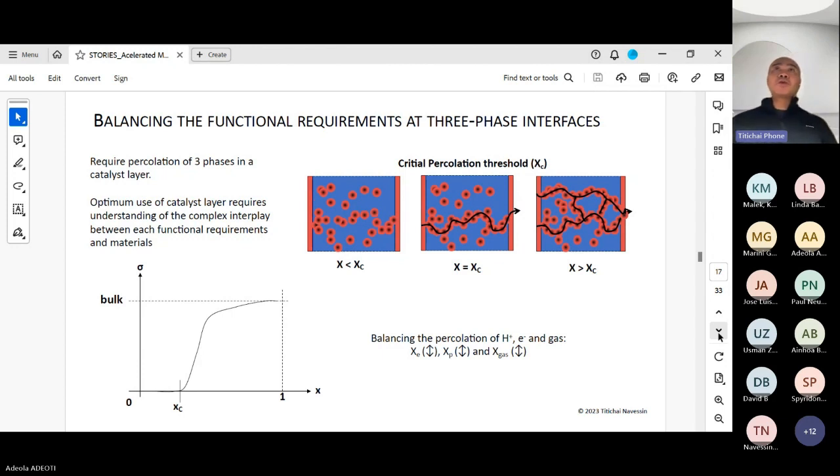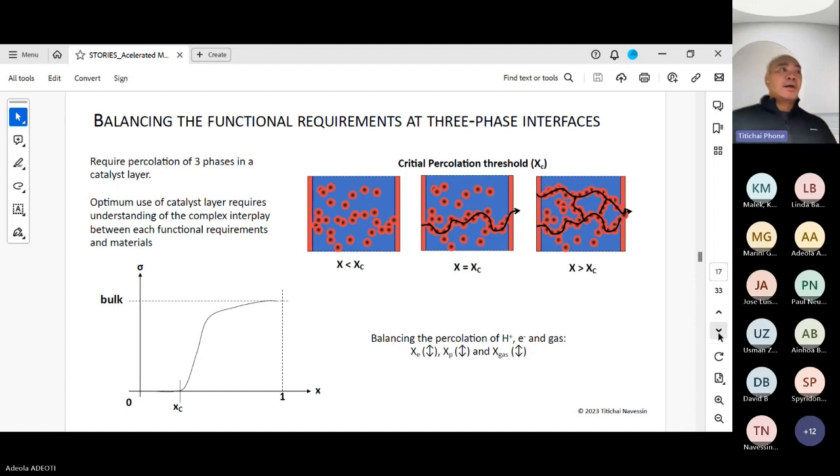So both oxygen evolution, oxygen reduction, hydrogen evolution, and hydrogen consumption. That requires an electronic conducting phase, a protonic conducting phase,